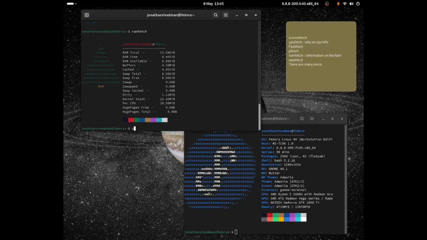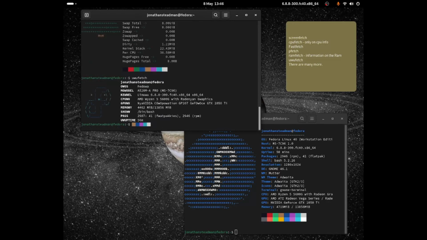Okay, now I'm going to show you guys uwufetch. If I now run that, then as you guys can see, it's a weird anime style, as you can see from this very nice logo. Over there shows the operating system, which is Fedora. Over there shows the model, the hardware model and stuff. Over there shows the kernel, the CPU, the GPU, the memory. The shell I'm running, as well as packages, as well as the uptime. But somebody that's non-tech savvy may get confused with the actual spelling. But these are just some examples